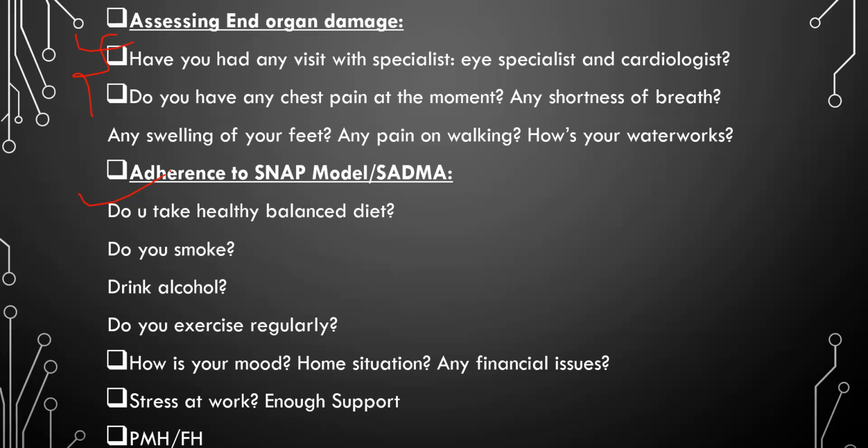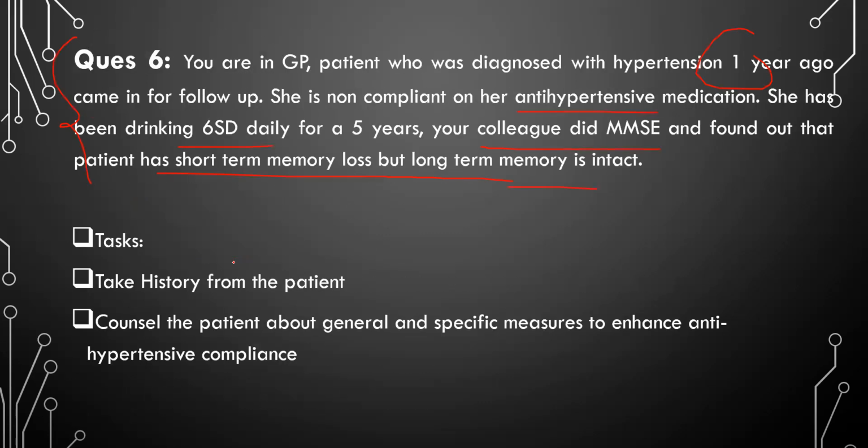When you find out the home situation, you might find out that the cause of moving to another state might be the separation. You might need to ask a little bit about their psychosocial history, like at least mood, sleep, appetite, how she is managing it. A little bit of questioning will be a good idea here. And also the stress at work is very important. Finish with past medical history, family history, and SADMA. Okay, so that's your history in here. 5P is not very important in here. If you ask, that's fine.